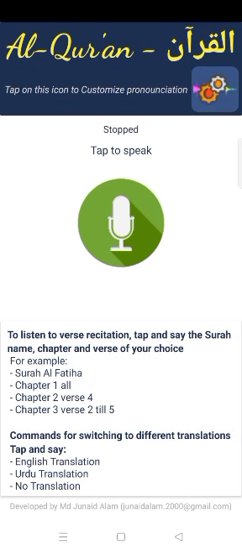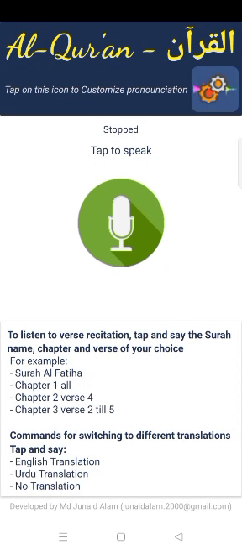So we saw that we didn't have any translation in the default mode. So just to activate the translation, we can use the commands which are mentioned on the screen. And in this new version, all those commands are mentioned directly on the home screen only, and you don't need to go to any help screen, while we have the voice customization icon on top.